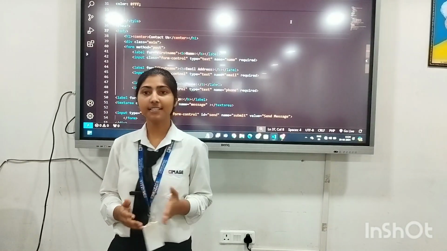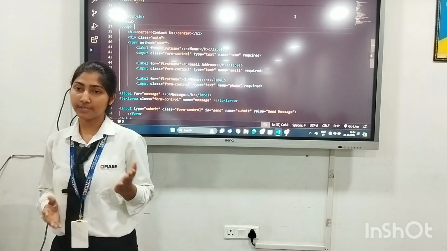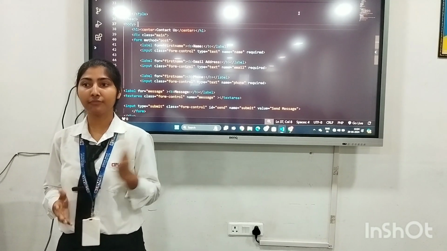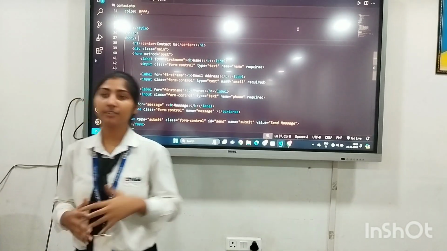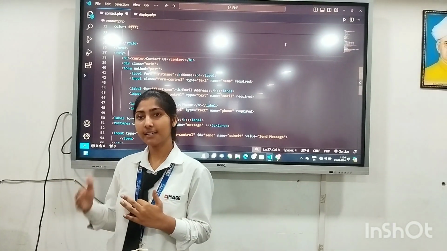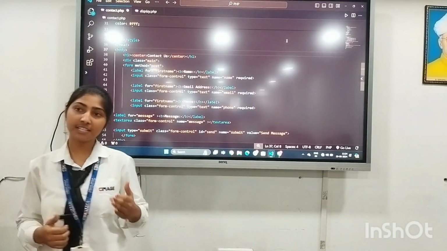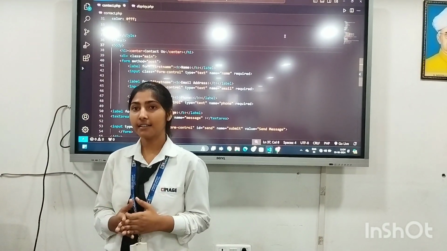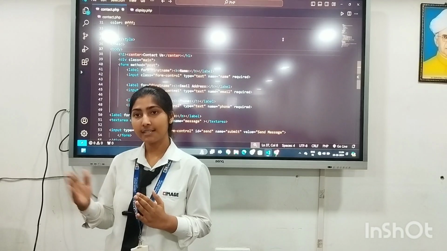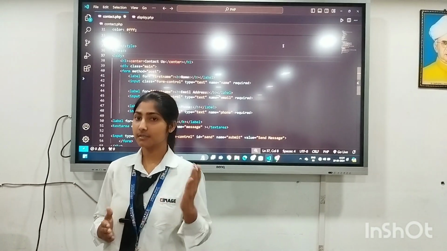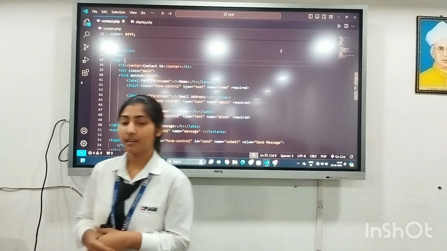When we insert any data in any type of form, how can we store that data in the database? So here I used PHP to connect my web page with the server, and to store the data in the backend I used the MySQL database.